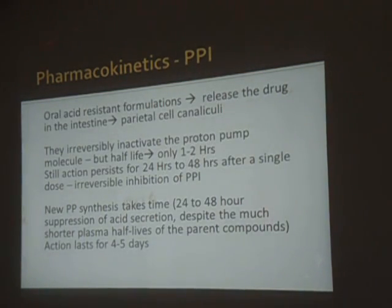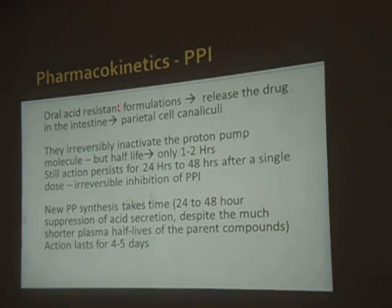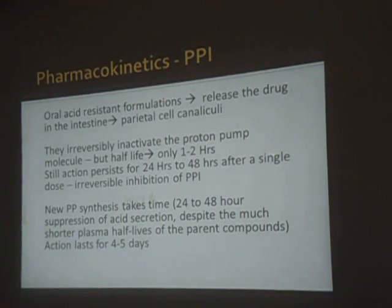Then the pharmacology of PPIs, we have discussed this. Oral acid-resistant formulations are available. They release the drug in the parietal canaliculus. We have discussed how it can get absorbed. It irreversibly inactivates the product of